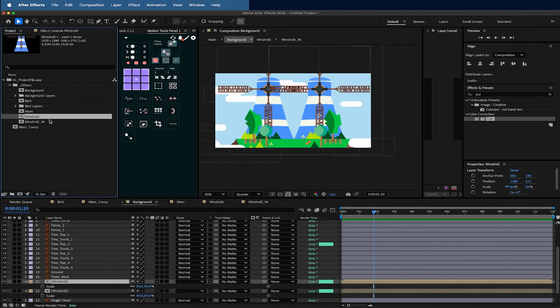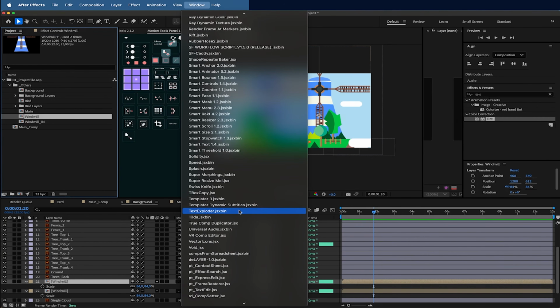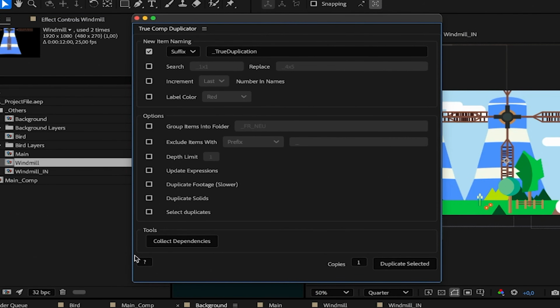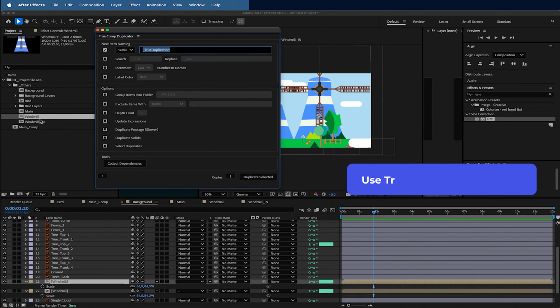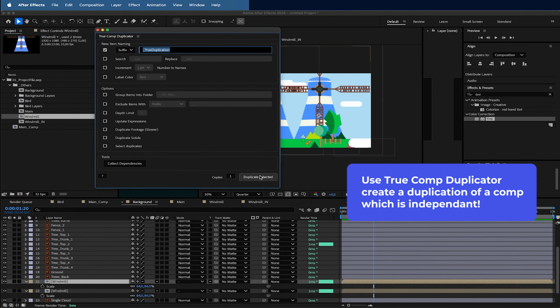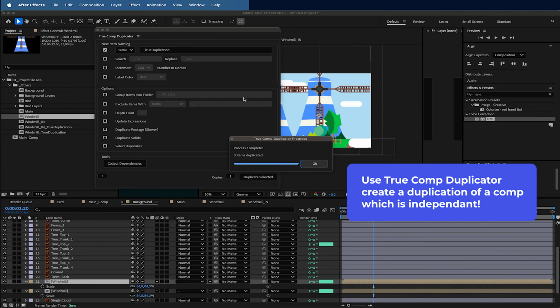I reveal it here in my project window, then open my plugin, True Comp Duplicator, and then you have this fancy UI here. You have many settings. You can set up a suffix, you can search for terms and whatever, but the term that I want to use now is to make a suffix, so I just write in True Duplicator here on the right side. Make sure that I highlight my layer on the left side with windmill, press duplication, and